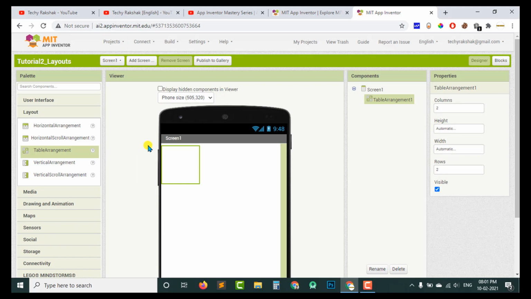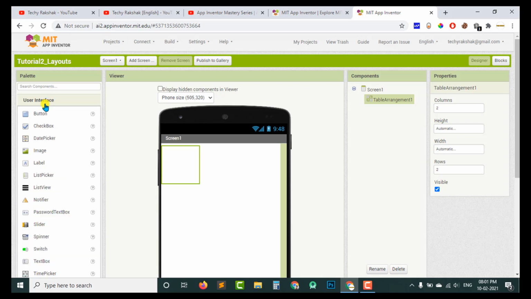So guys, basically this arrangement is used while creating some sort of table. So guys, if I give example of this arrangement, then you can see the points table of IPL or any of the cricket league. You can check that there is a table like structure of this points table, and you can easily make that points table using this table arrangement.